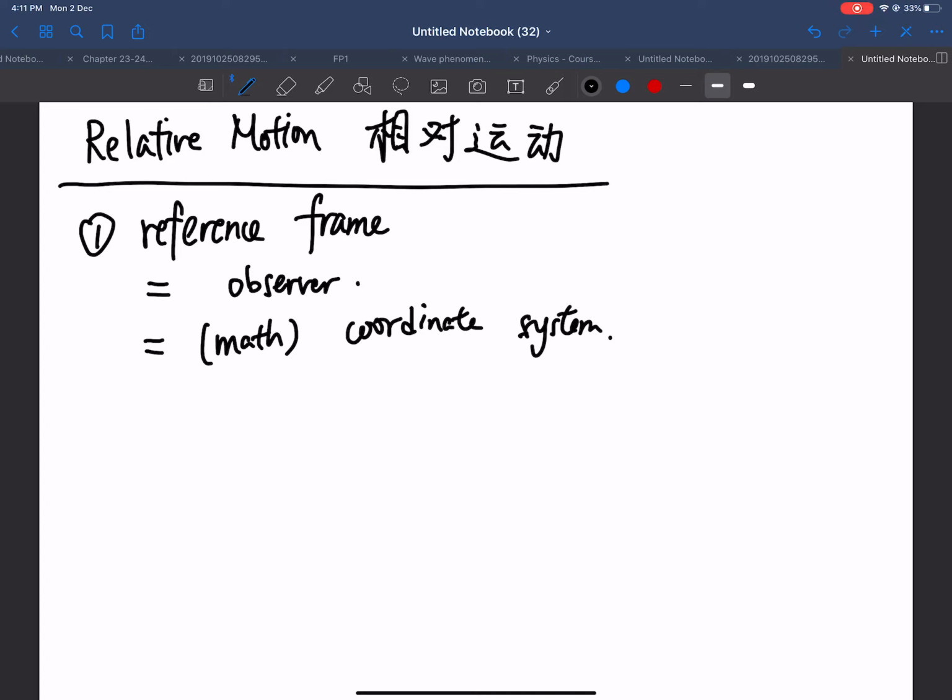Can you see? There are a few reference frames that are very, very important. The most important reference frame we call the inertial reference frame. 惯性参考系